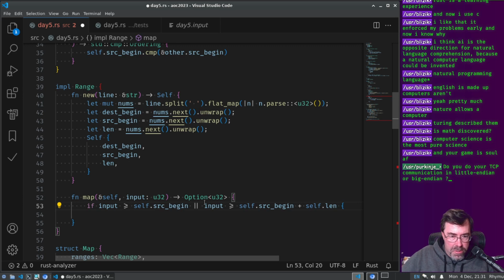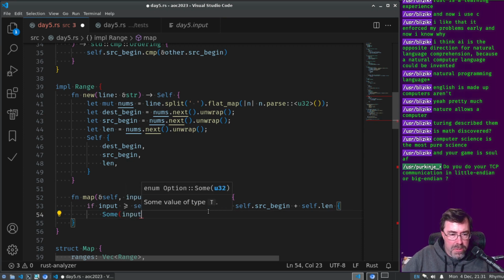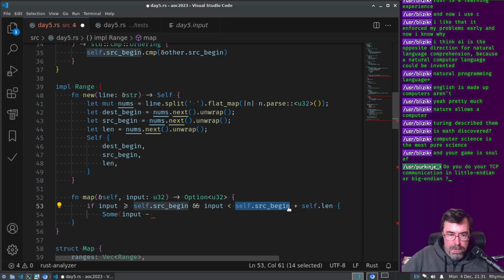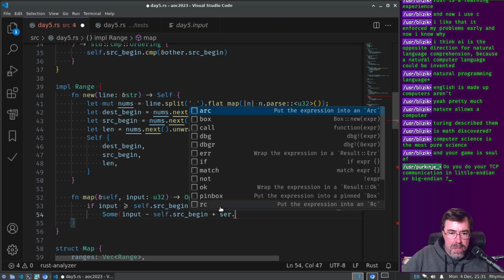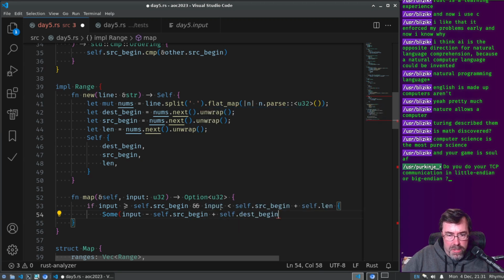Greater than or equal to the beginning and less than that. Then it's sum input. We have to offset it, right? Well, it would be input minus the beginning plus self dot destination beginning, else none.